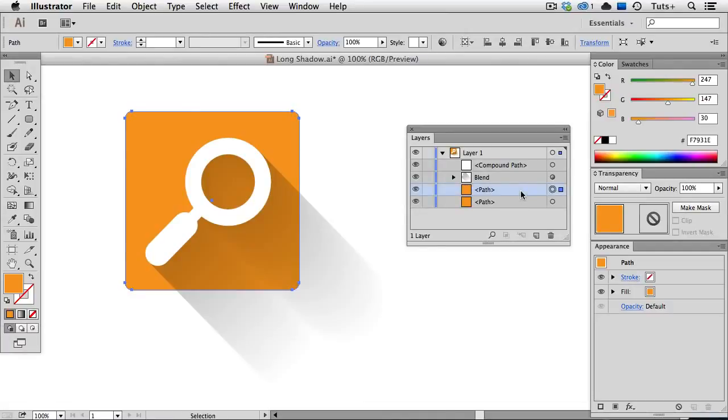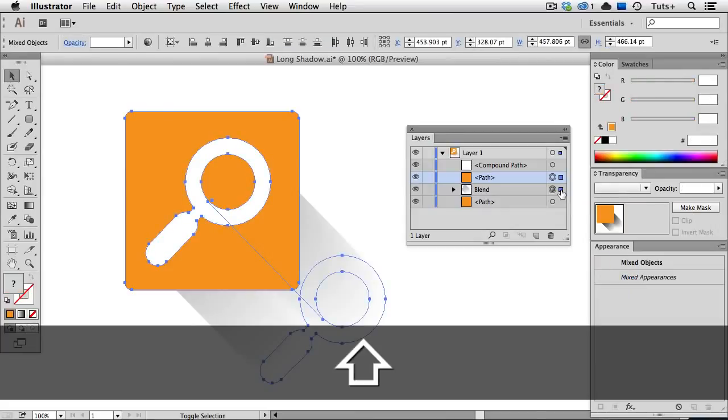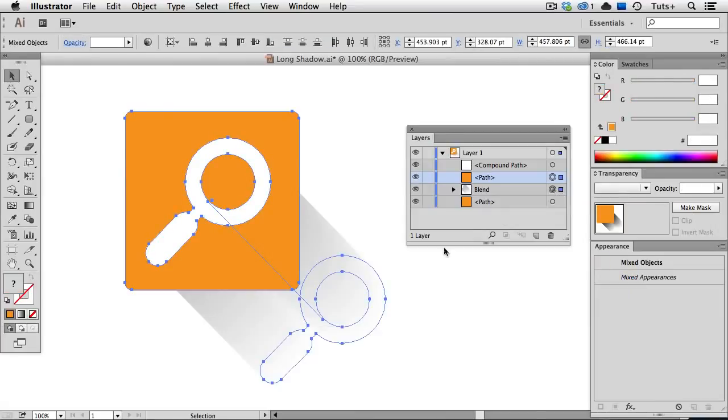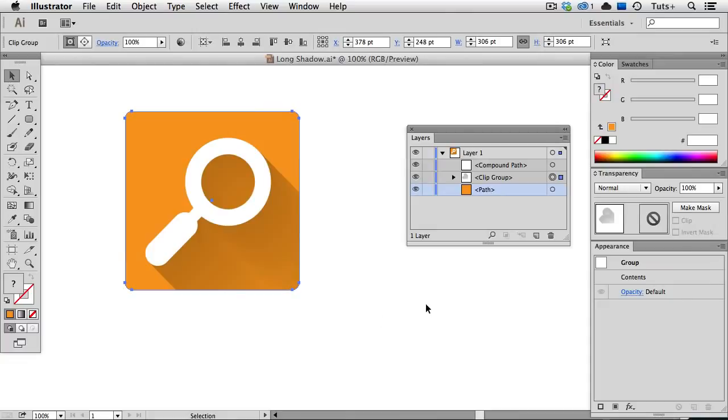I need to drag this above the blend so I can mask the blend off with this object. So I'm going to drag that up in the Layers panel, then I'll select both that object and the blend, and I can do that by holding down my Shift key and selecting each object here in the Layers panel. Then I'll go up to the Object menu and choose Clipping Mask, Make. And that's going to mask off that shadow nice and neat,